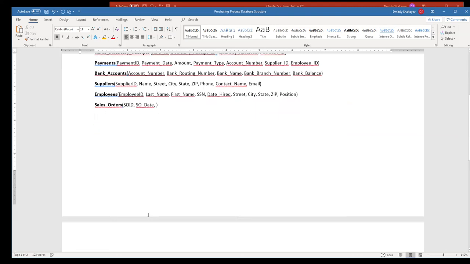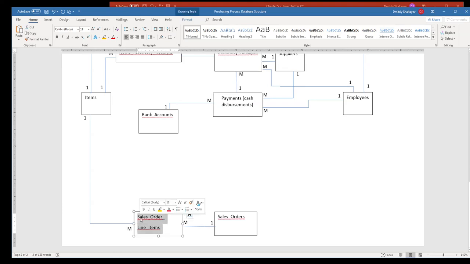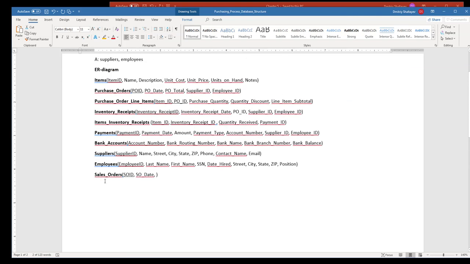All right. Next table. I just created items. Each item was ordered on many sales orders in general, and one sales order was for many items. That's why we created this one right here, sales order line items, right? So I'm going to create a new table here, a junction table, sales order line items,